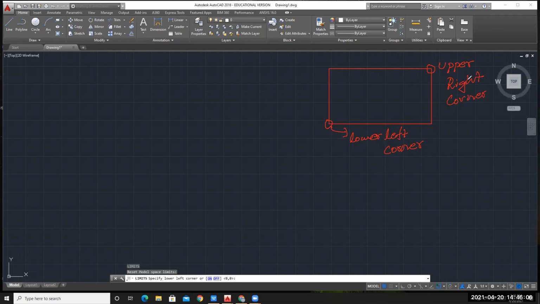When you see the command line at the bottom, it is asking for the lower left corner. Here you can see the brackets. I will write the zoomed version of that. Two brackets like this are given. It means this bracket is specifying the default value.